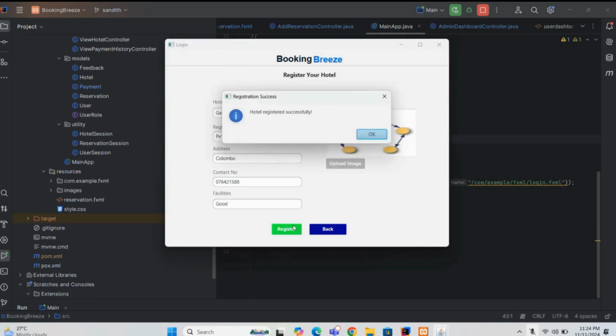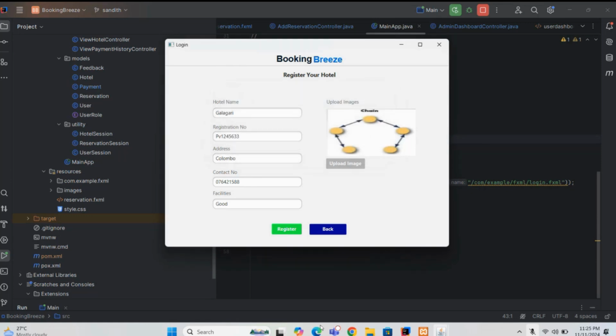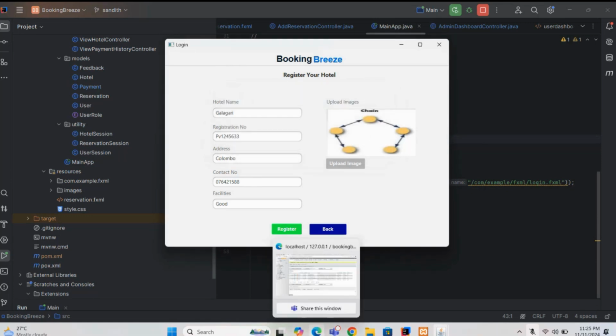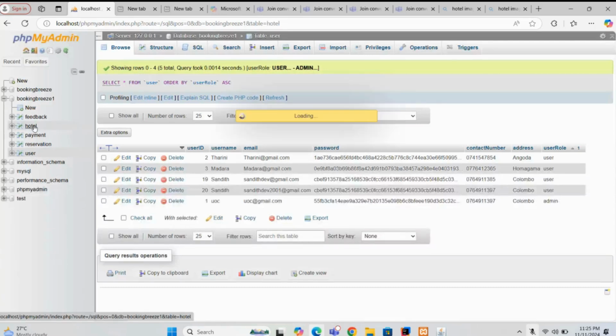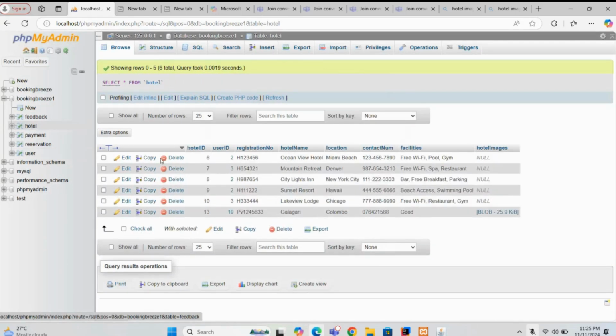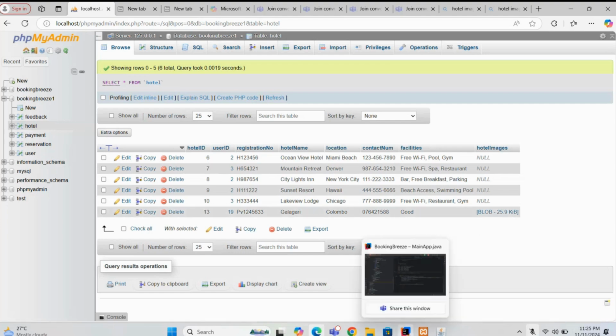We just used a sample image to show what happens in the function. The hotel is registered successfully, so we can view it in the hotel table as well. Here it is now updated. When we move to the next part,